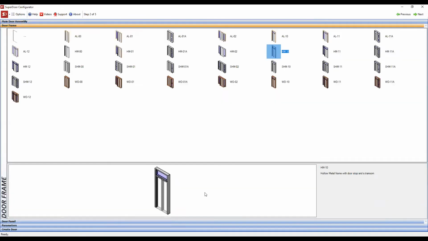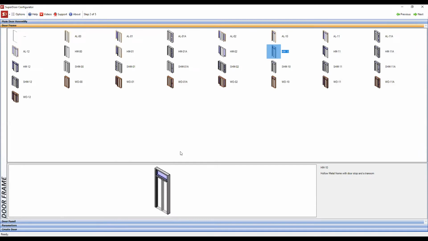So today, I'm just going to keep it simple. We can go with a single swing door. Well, I can show you the various ones. We have bifolds, bifold doubles, say for closets, overhead doors, pocket doubles, and you can see the various types. It gives you a preview, describes what it is and how many options it has. So today I'm just going to select a swing door, double click on that, and it's going to take me